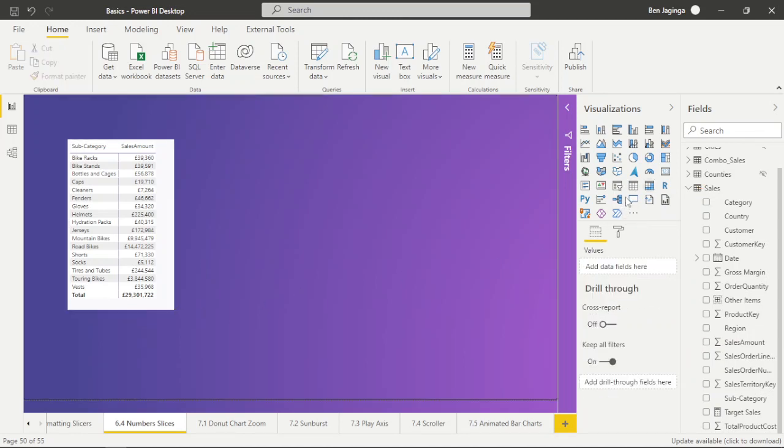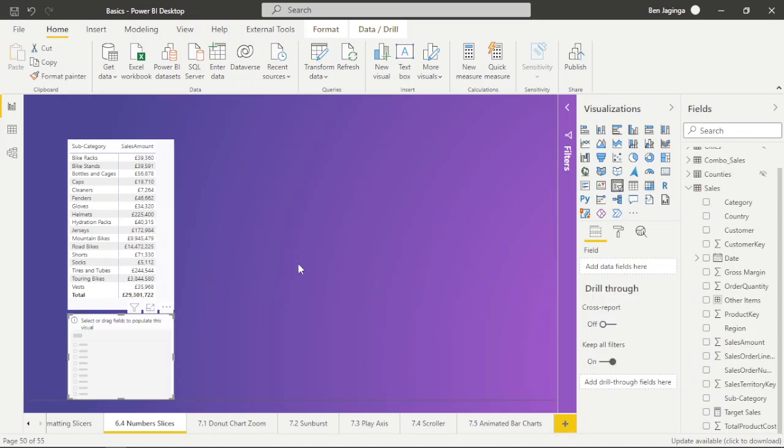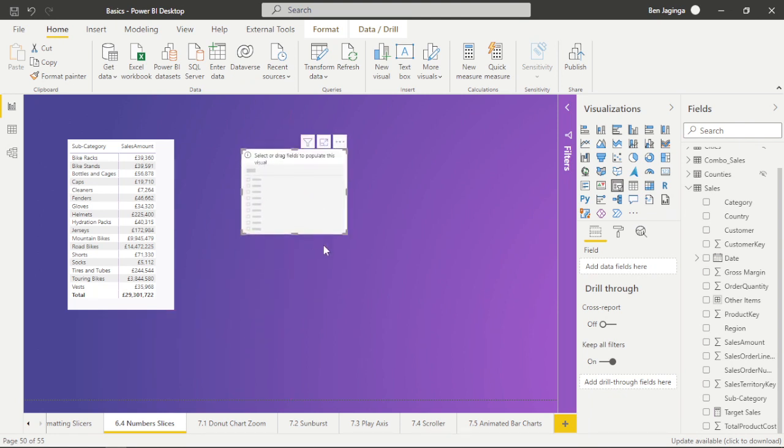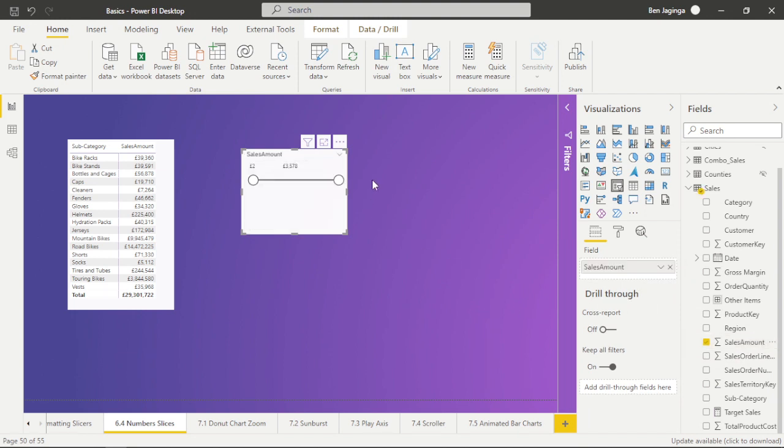So here I will click on this slicer, then I will drag and drop sales amount, and then the sales amount is just the price list of items that we are selling from $2 to $35.78. So the least amount we can sell an item is $2 and the highest amount we can sell an item is $35.78. So let me just choose the option of list,